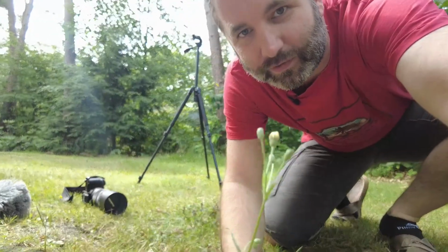So I'm just right here in the garden of my house, and the house is in the middle of the forest. And I already saw some squirrels coming around here, so hopefully I will manage to catch one of these in the next couple of days. But yeah, I'm just walking through the garden. It's not really a garden, but an open space in the forest next to our house. And I found